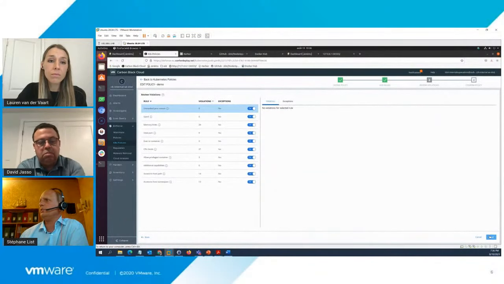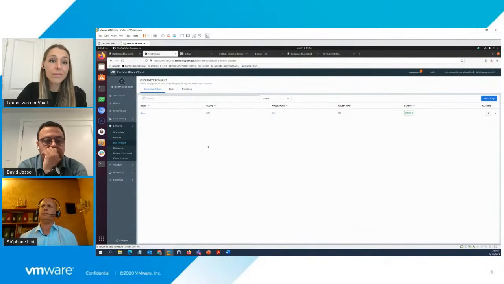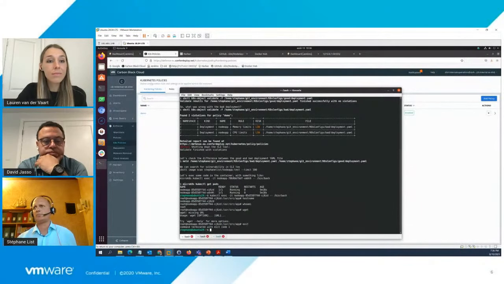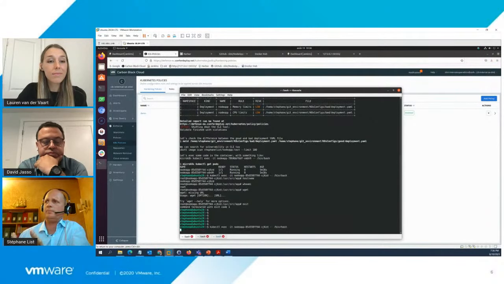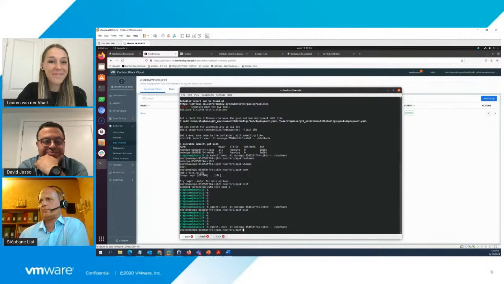So I just need to create the policy. I click on save, and the policy is updated. So if I am here and I try again to execute a command in my container, I was too fast. I try it again. No.